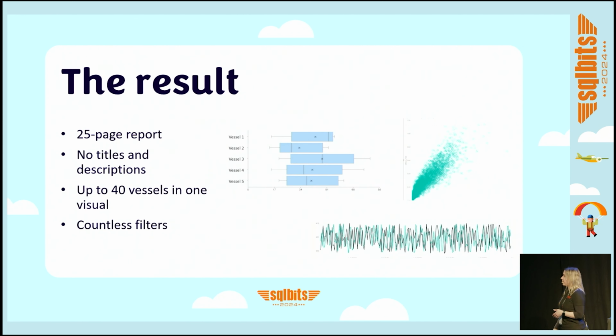And what happened is they actually built a 25-page report. There were like no titles or descriptions. It was all visuals on all these pages. All the information of all the vessels was in all the visuals. So they had like up to 40 vessels and then like a line chart about the GPS locations. You couldn't see anything. And they had countless filters because the data scientists, they actually said, yes, this is all